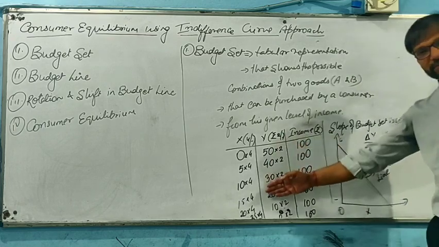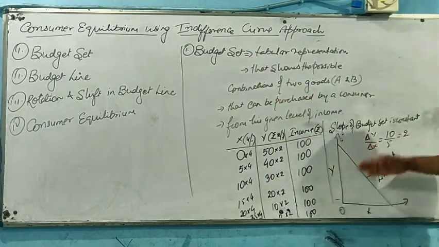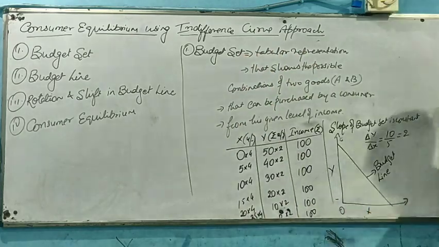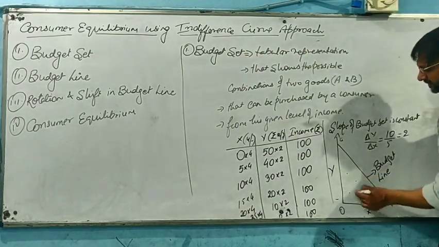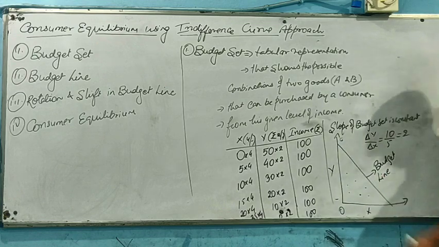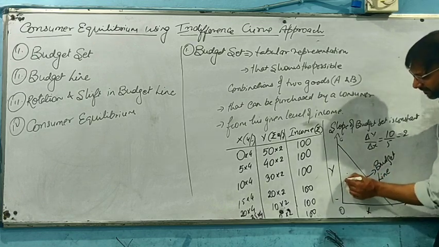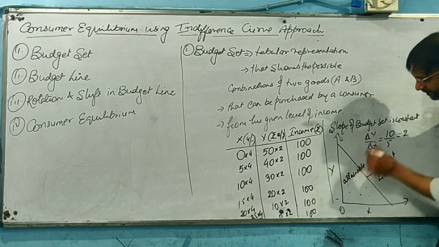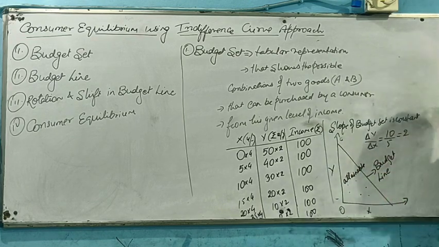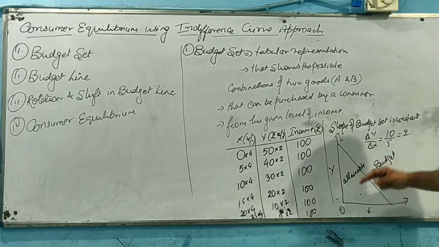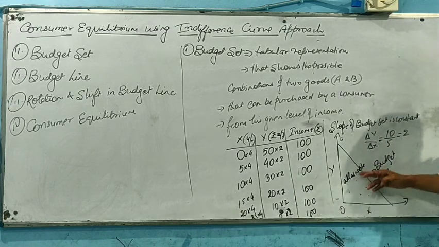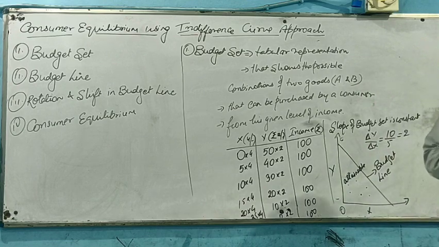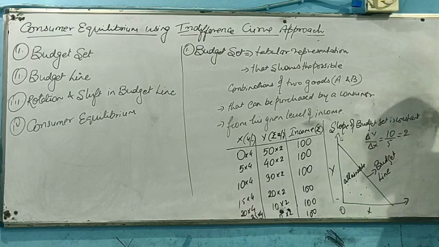So it's a tabular representation, that is budget set. It's a diagrammatic representation, say budget line. Now, if we talk about some point inside the budget line, they will be indicated as attainable areas. It means these are the areas that can be attained, but at these levels or possible combinations, the entire amount of income of a consumer has not been consumed. That we need to take care of.